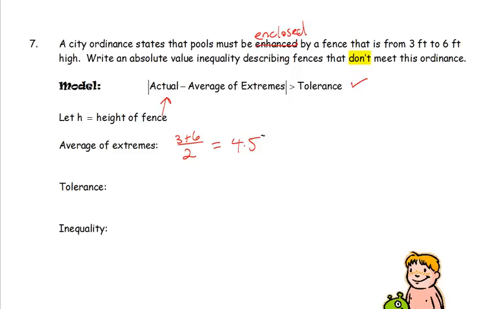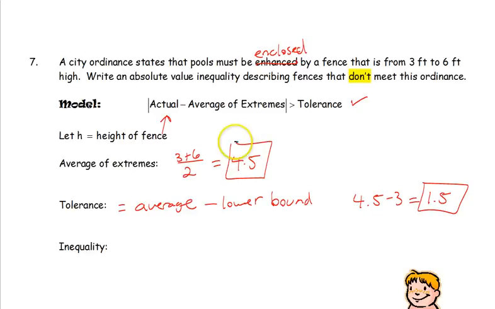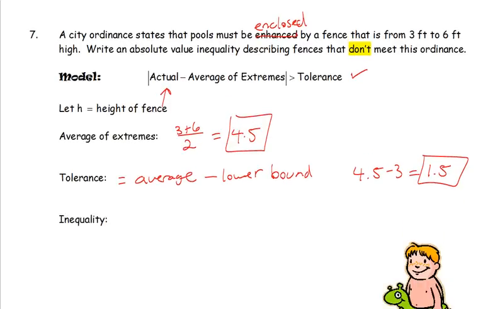Now, the tolerance is equal to, we don't know what the tolerance is though. What is the tolerance? Well, if the average of the extremes is 4.5, our tolerance would be equal to the average, which is 4.5, minus the lower bound, because you go from 4.5 to 6 or 4.5 to 3. Either way, it actually doesn't matter which way you do it, but this will give you a positive number. So our tolerance for this problem is 1.5. It is not 3 or 6. So now we have 4.5 and 1.5. So our inequality becomes